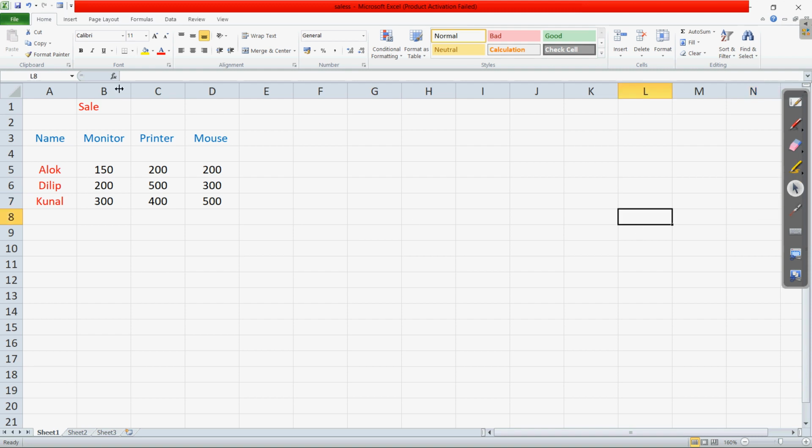If you want to bring them back, we are going to click on the undo button. If I click on the undo button, you can see the previous row, all the data is back. Clear? So whatever changes you are doing are also saved in Excel, and if you want the values back, we can use the undo feature.